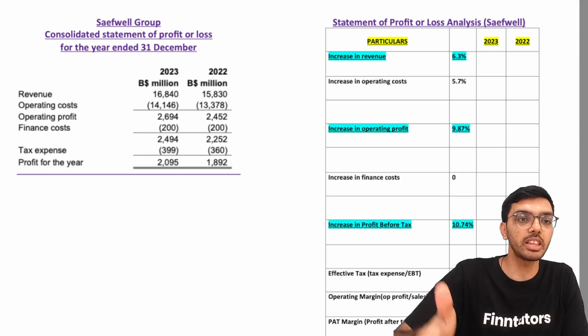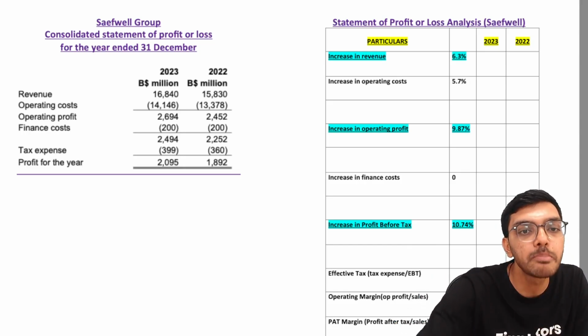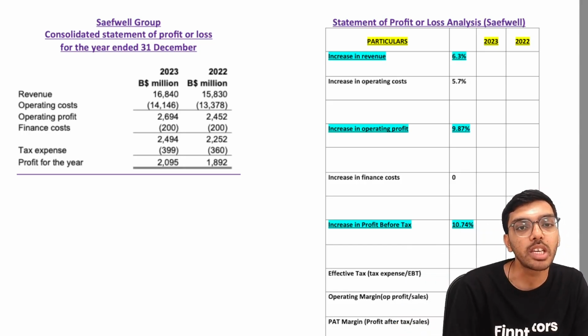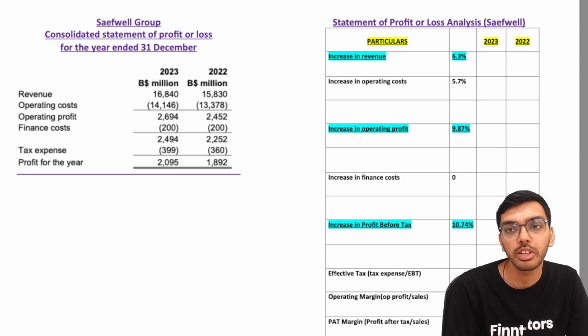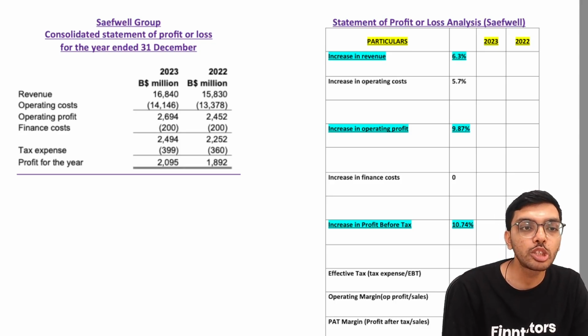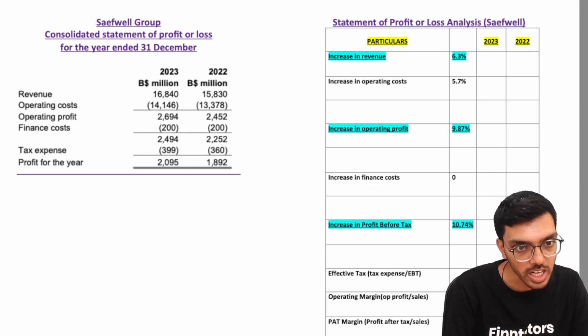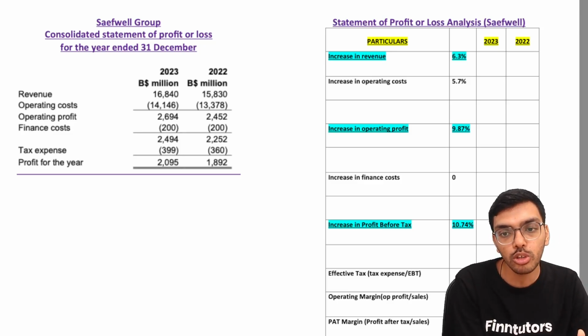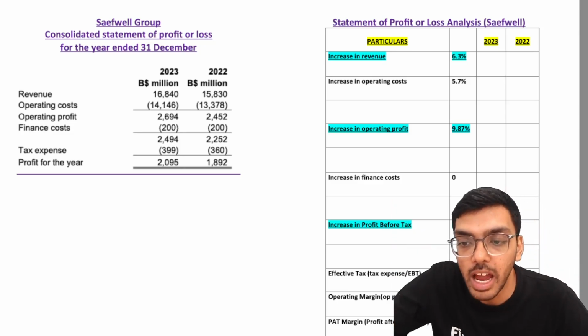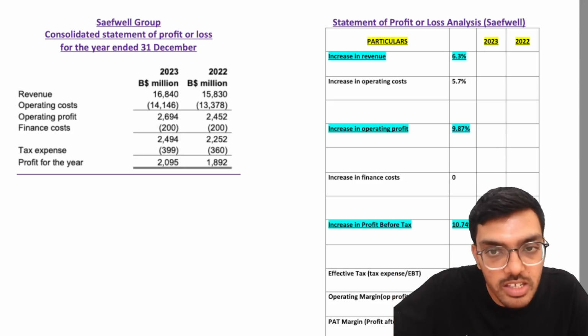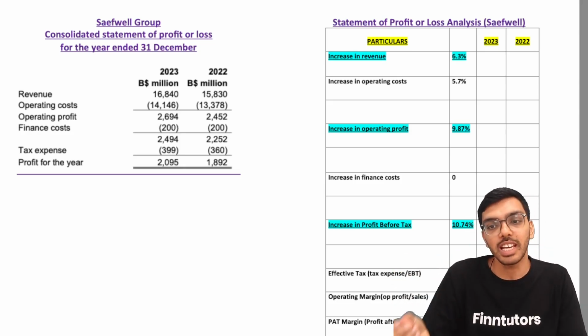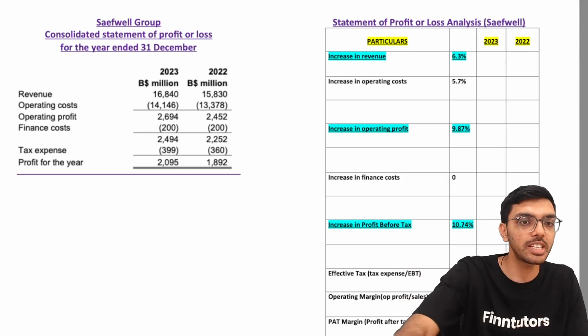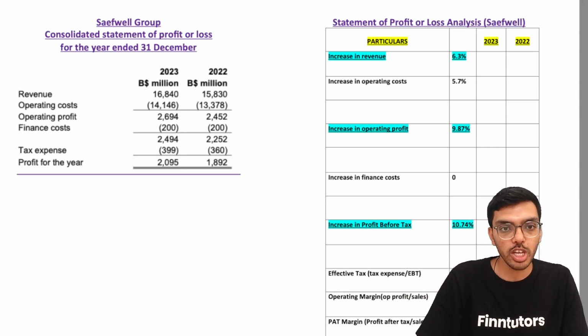The first thing that we will do is look at the absolute numbers that they have given to us as part of the pre-seen. I have taken the actual screenshot of the profit or loss statement. That's the first thing that we'll go through, and after that, I will share with you my analysis of the profit or loss statement. So let's start. First, revenue.